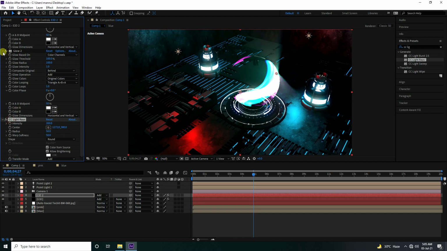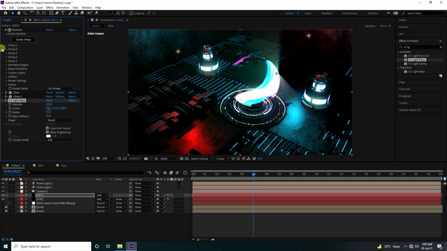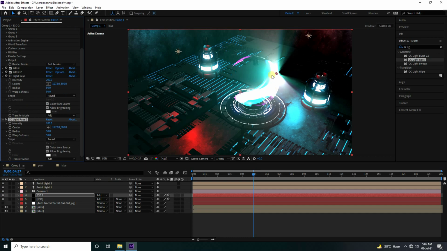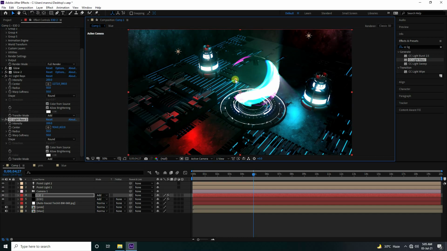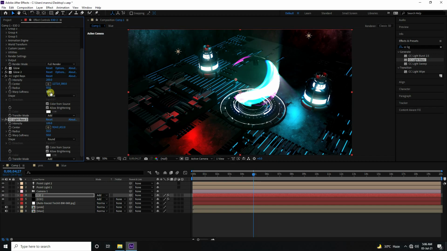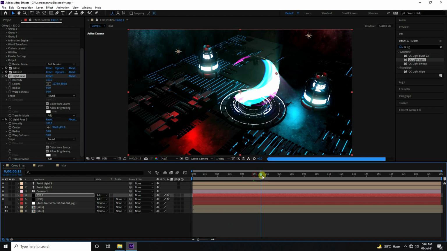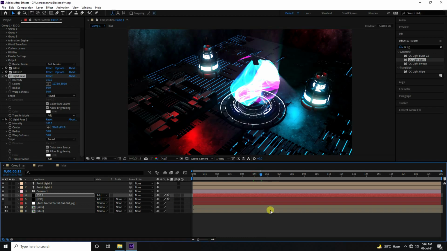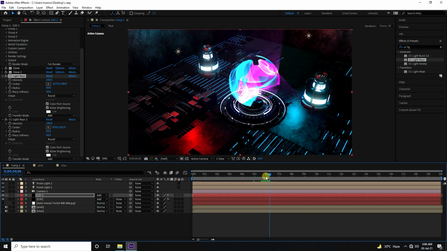And guys, now copy this CC light ray and duplicate, go on here like this, and intensity this time I like 100 and the second one 150 is good, yeah. So guys, go back and play, yes. See guys, that's my beautiful light effect, right?